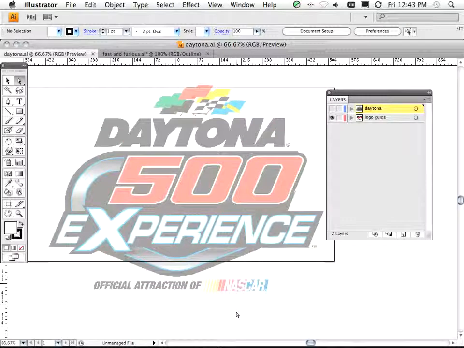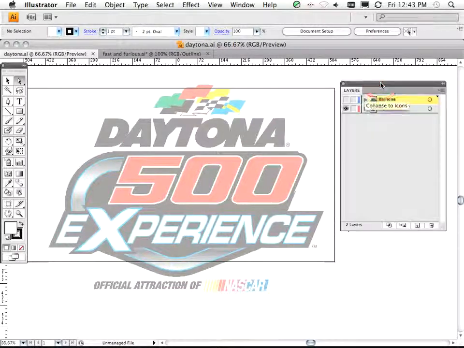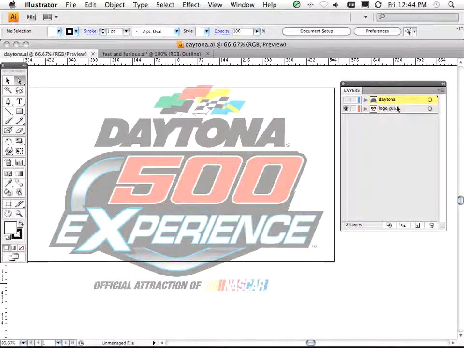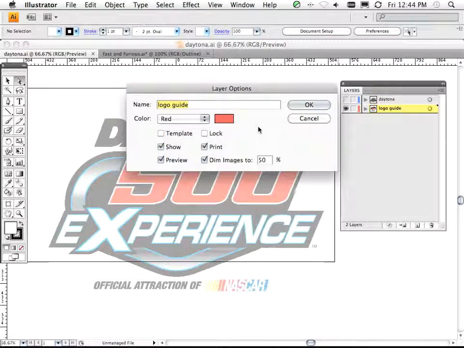Now what I also had to do once I'd prepared this text was to recreate this logo, the Daytona 500 Experience logo. And my first challenge was to actually find the logo. Amazingly, what I was able to do was find this huge Daytona logo on the internet. And I've set this up as a guide layer in Illustrator. If I just double click that layer, you can see I've just chosen to dim the image to 50%, and you can also lock it